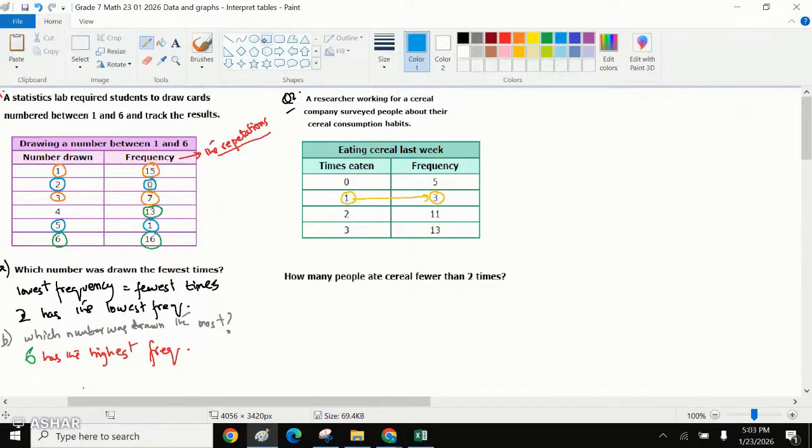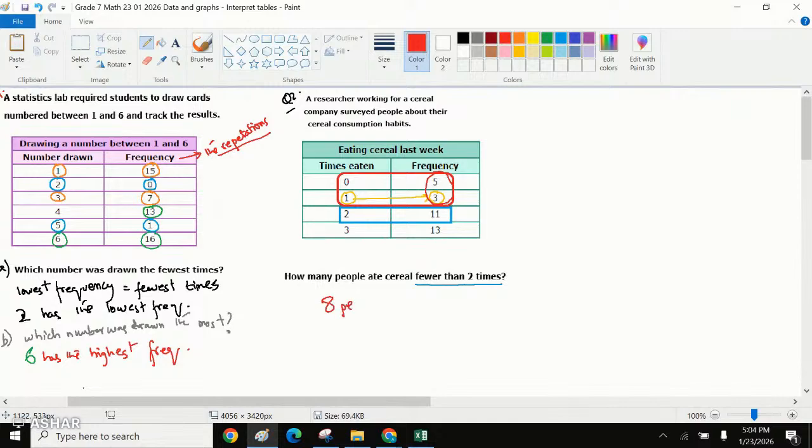And 2 times was eaten by 11 people, right? But what they are saying over here is fewer than 2 times. That means what are the fewer values? The fewer values would be 0 times and 1 time. That means we add the frequency of these two values and we say 8